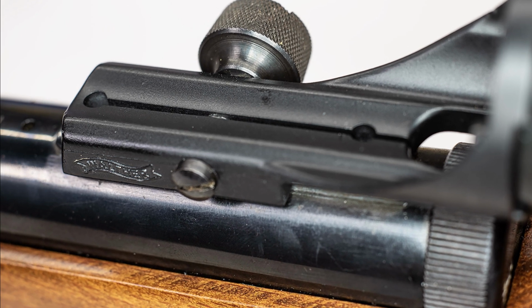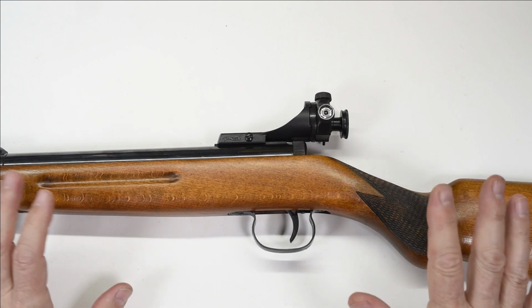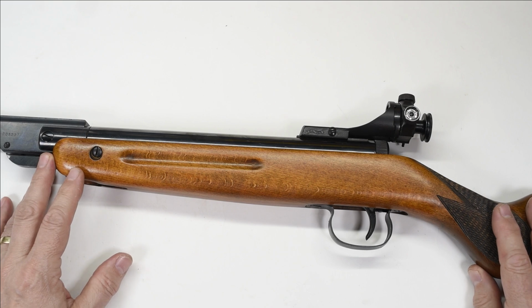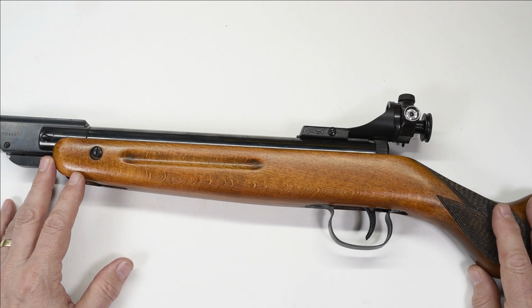So the LG53, sporter style design. The LG55, pretty much the same idea, but in a bulkier target-oriented stock. And there was an LGV Olympia that came along a little bit later. I don't know the exact year. And that one,